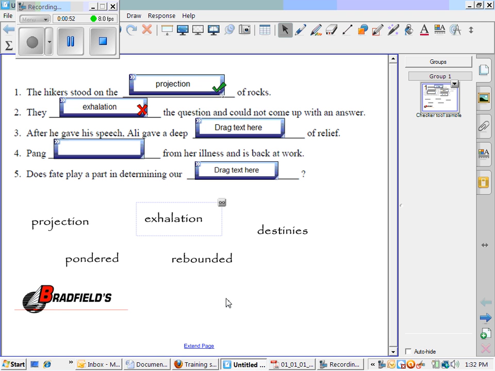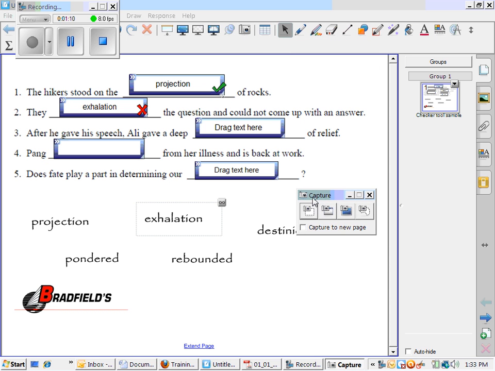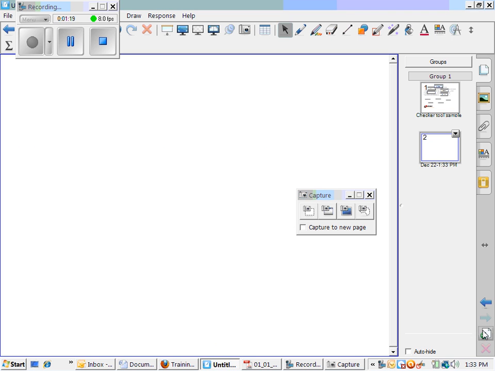they're wrong or right. Let's look how this works with using the screen capture toolbar and activity sheets that you already have PDF from your publisher. Let's first go to our toolbar notebook software and click on the camera. It gives us our screen capture toolbar so we can actually capture an image from a worksheet and bring it into notebook software. I'm going to go ahead and add a new page so we have a fresh page to